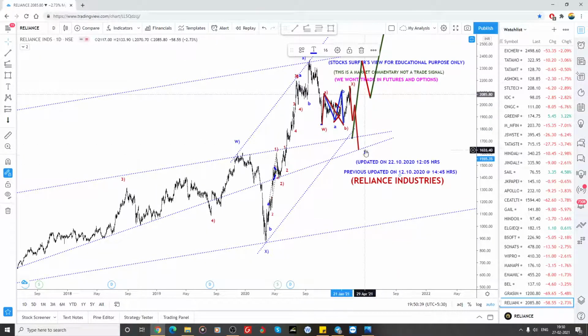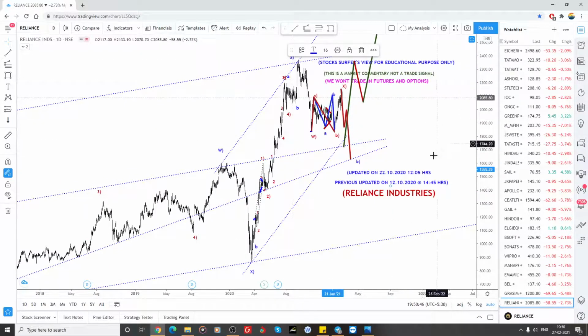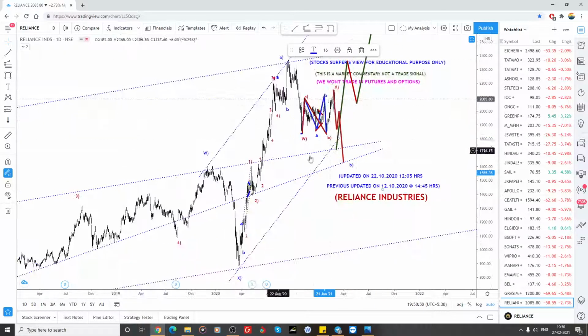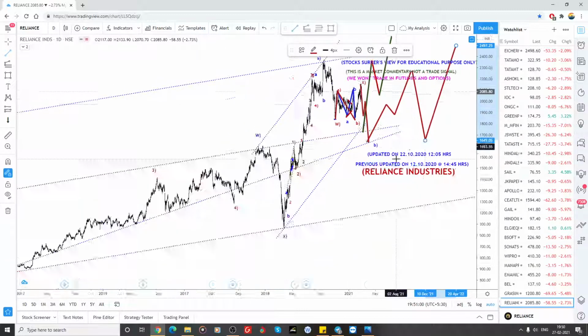So once this 3-wave structure is complete, I'm looking for that C wave to shoot, but this B wave may be more complicated also. It won't be that simple. What it will do is, once the 3-wave structure is over, it can travel like this, and again it may do like this. After that the complex correction ends, because